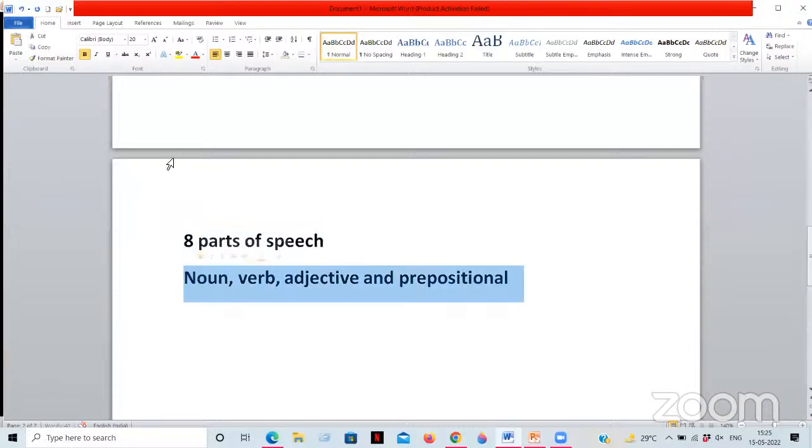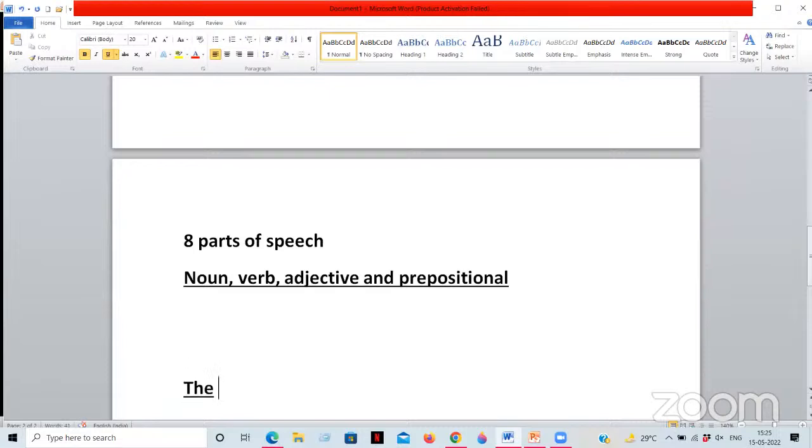These are the major phrases related to the parts of speech, and there are other parts of speech as well, like adverb, conjunctions, interjections, and pronouns. So based on that we have some minor phrases. Now these phrases are very important. Why? Because let me write a sentence, and we will actually learn this using certain sentences so that it becomes very easy. The girl